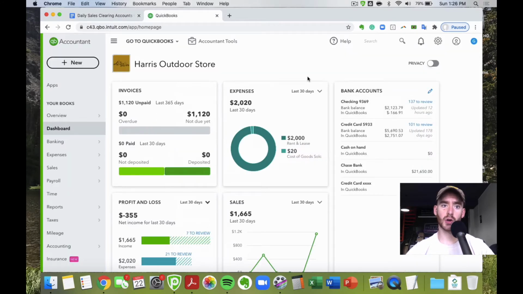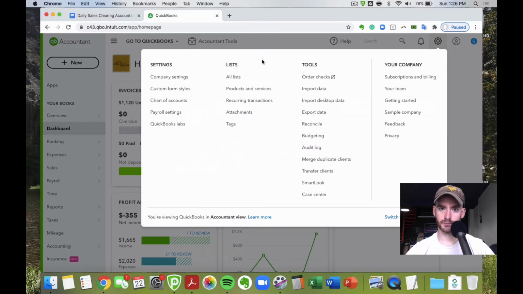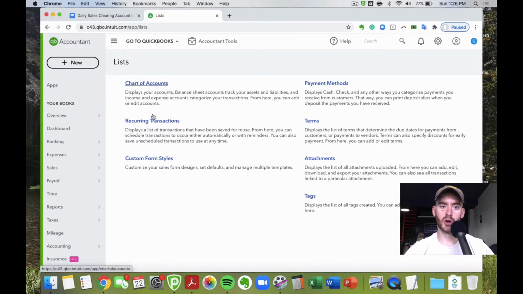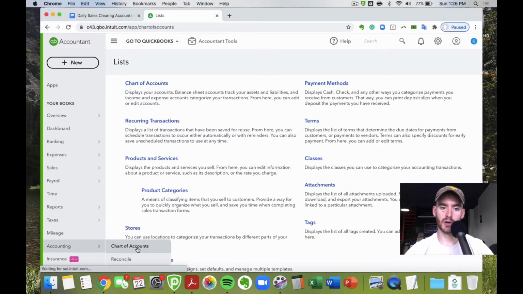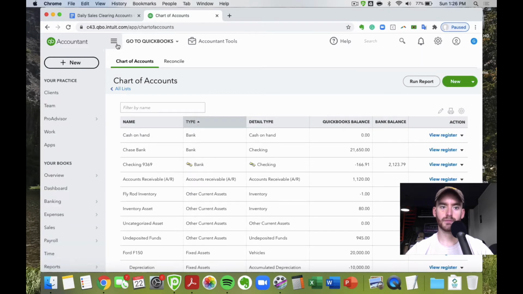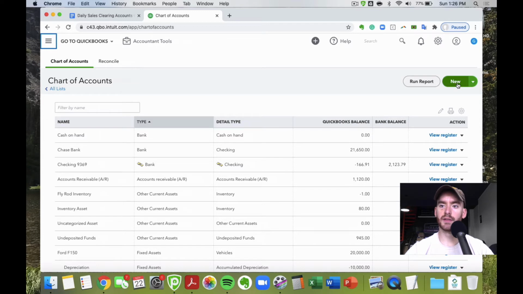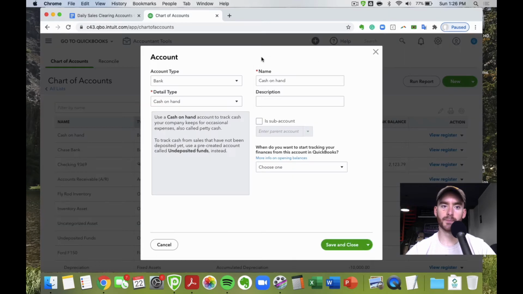If you go into your chart of accounts, which is in the gear icon, chart of accounts here, or you can go to all lists, chart of accounts, or you can go to accounting, chart of accounts. Many ways to get there. Let's clear that. And then in the top right corner here, you'll see the new icon. Just so you have an idea, there's already a cash on hand account made for this particular QuickBooks Online account. But if you hit new in the top right here,